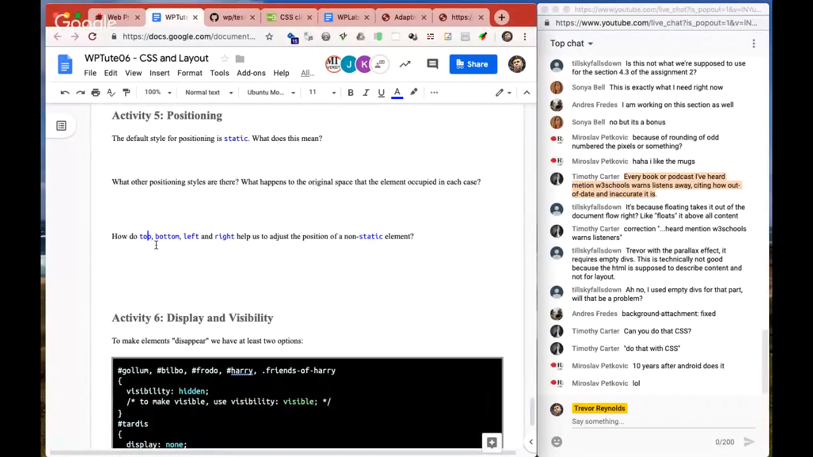But if you're using fixed positioning, so if you want something to be fixed, top represents how many pixels you want it away from the top of the window. So if you like the window frame, I want it to be near the top. And